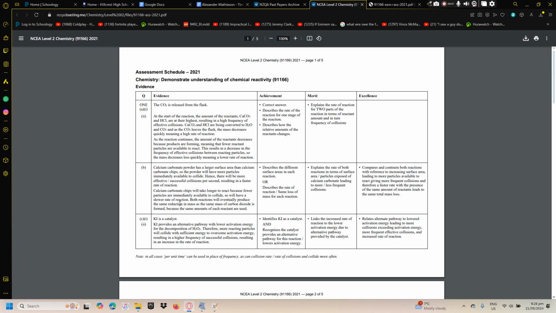Because both reactions will actually produce the same reduction in mass, the same amount of carbon dioxide is formed with the same amount of reaction rate used. Yep. So,